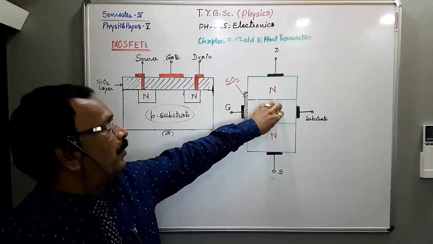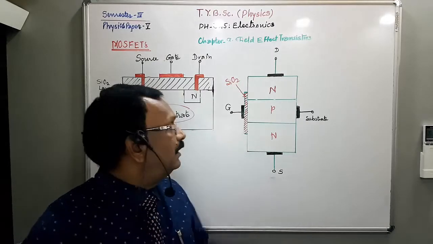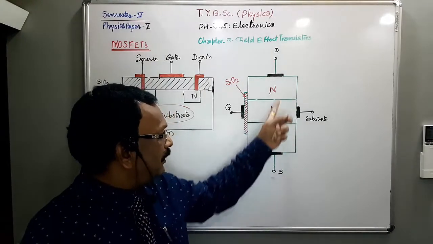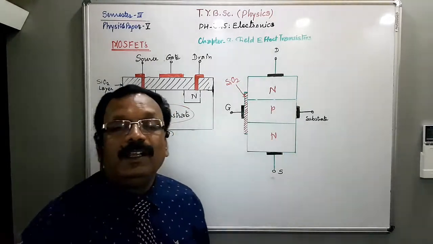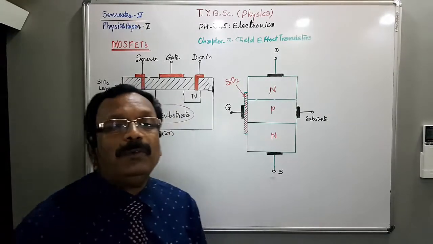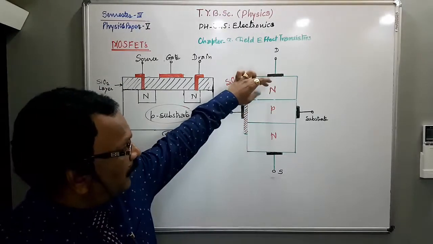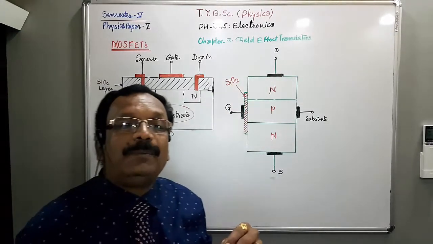This is a lightly doped P region, and above and below are heavily doped N type layers, and in between them these two heavily doped N layers are separated by